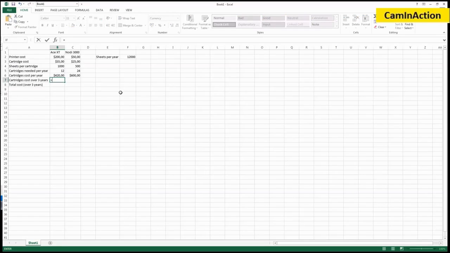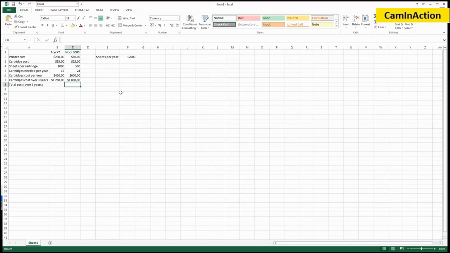We type the equal sign, choose column B, line 6, which is the cartridges cost per year, and multiply it by 3 because we are talking about 3 years. As we have the cost per year already, we just multiply it by 3 and press enter. It shows here 1,260 bucks. So let's see what about the Nodi 3000. Here it is the same. We type column C, line 6, multiply by 3 years again, and the result is